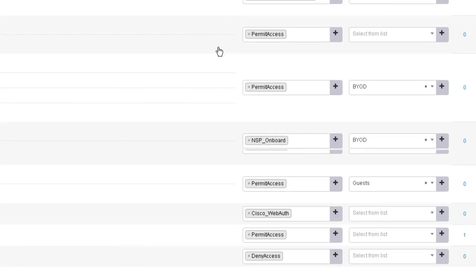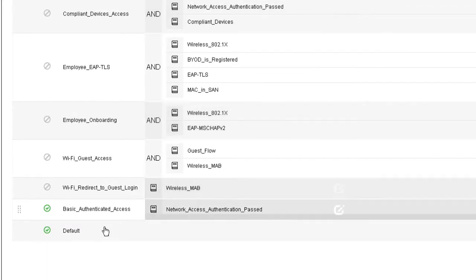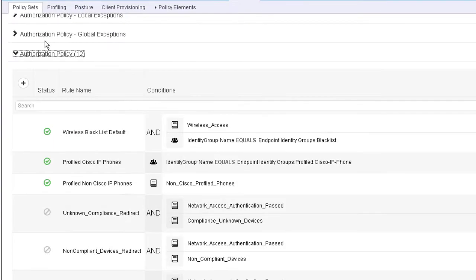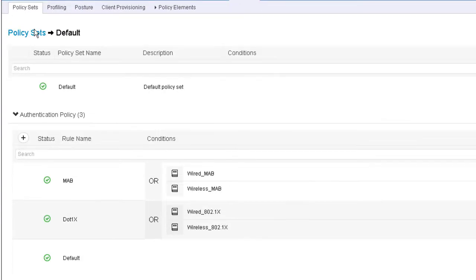And then always at the bottom of both authentication and authorization rule, there's a default rule that's in place, and typically that's set to deny access. But we've got the opportunity with any policy to be able to manipulate otherwise. And kind of going back to our policy set screen,